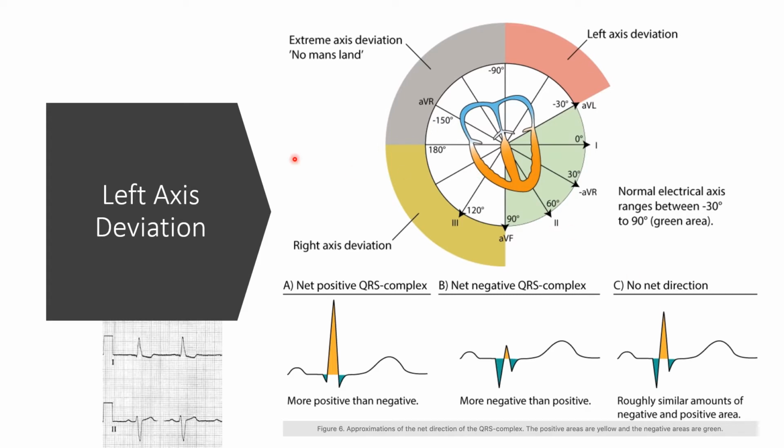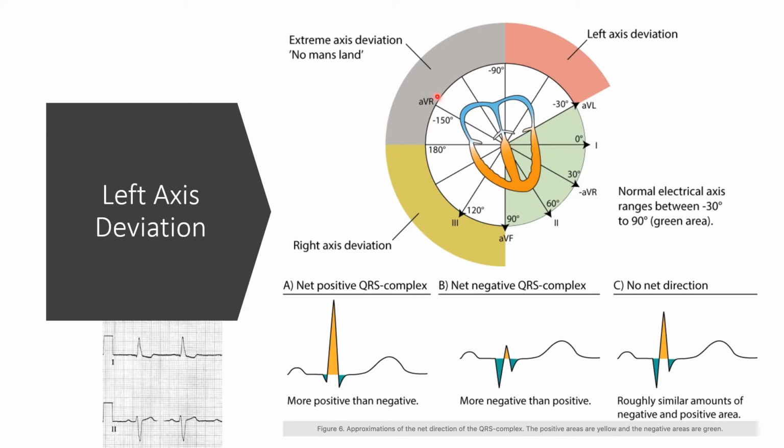The most accurate way of assessing axis is by the isoelectric method, which is we need to figure out which of the limb leads has the most isoelectric QRS complex, which means there are equal amounts of negative and positive waveforms in the QRS complex. In the ECG that was given, AVR is the most isoelectric QRS complex, so you choose AVR on the axis